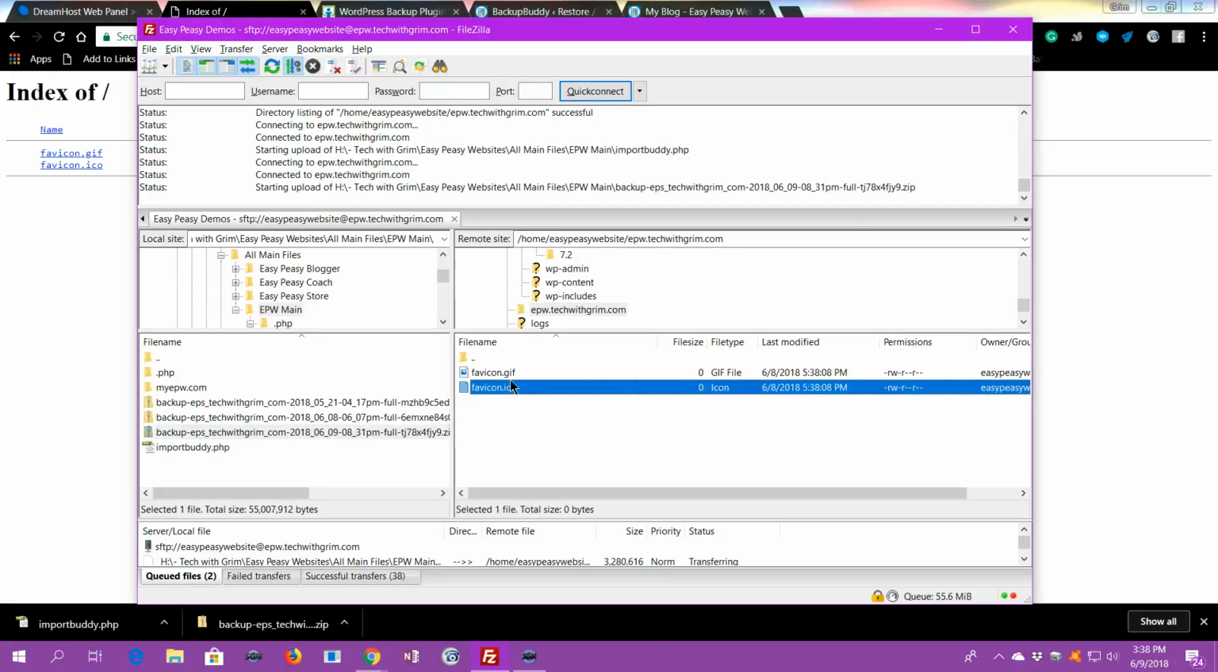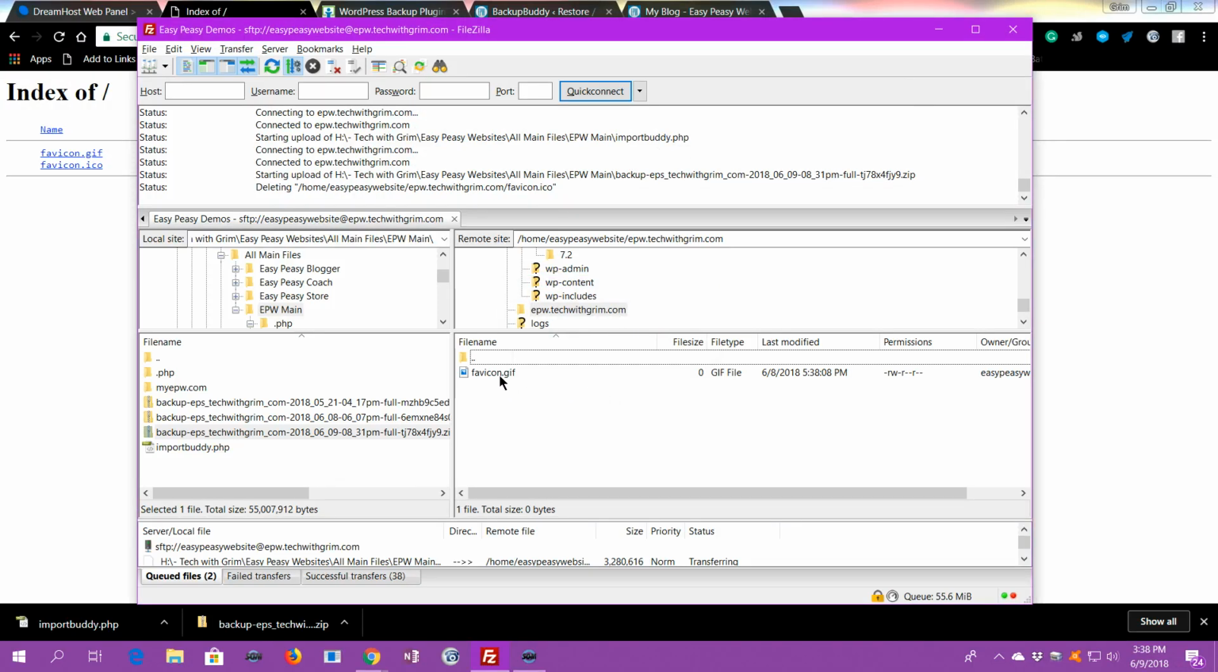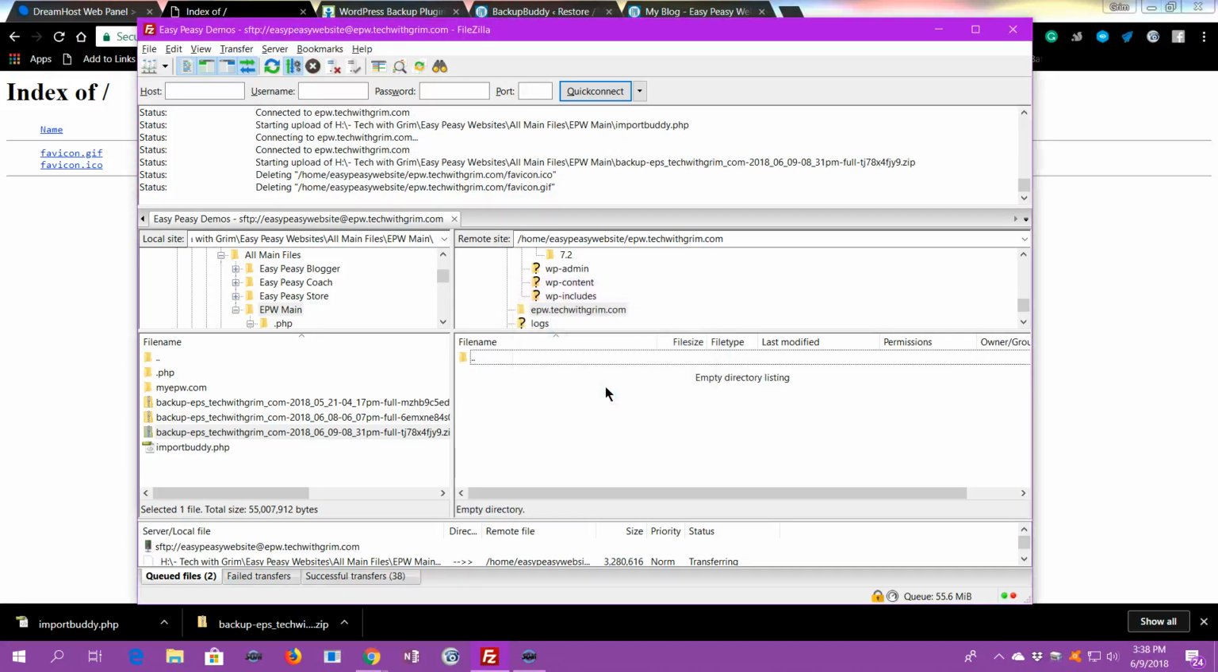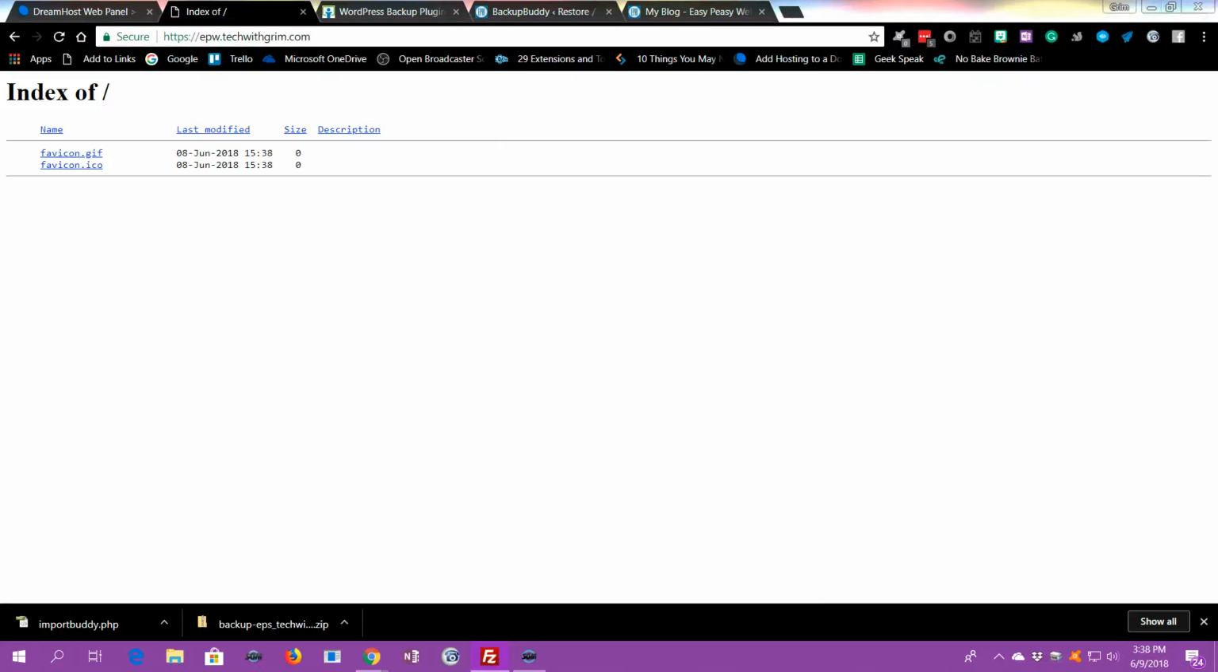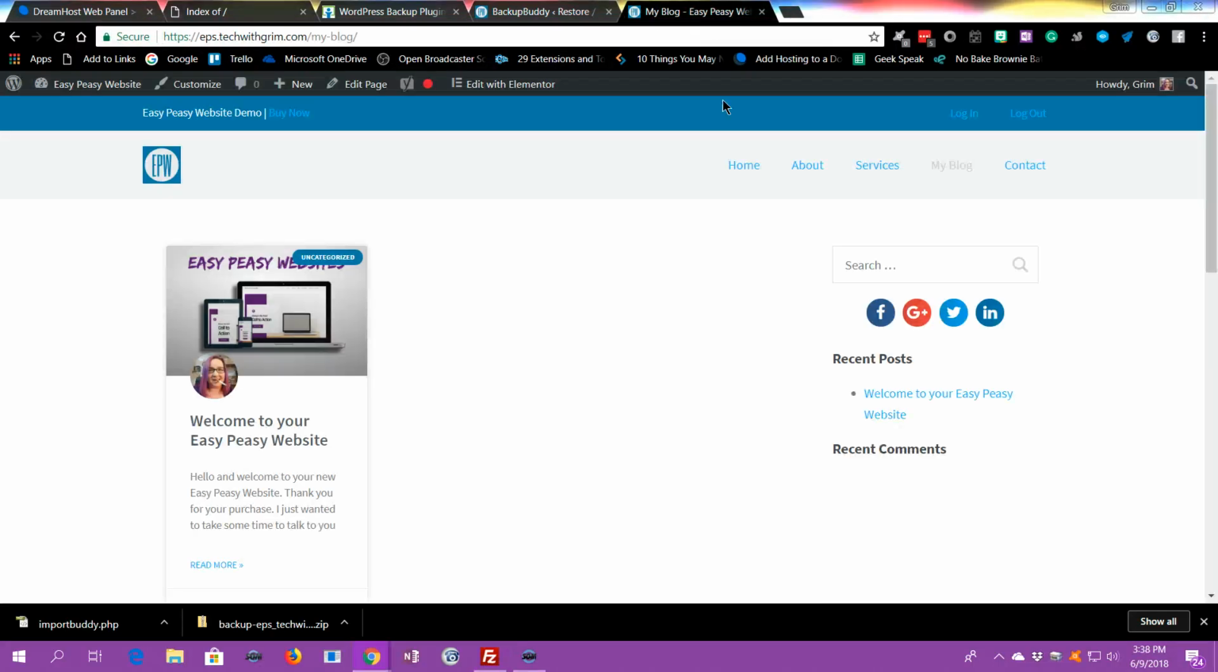And I'm going to go ahead and delete these two favicons because it's going to replace them when we put these in here anyway. So we need to give that a few minutes to upload. It will take just a minute, and while we're waiting on that to upload, I'm going to go ahead and